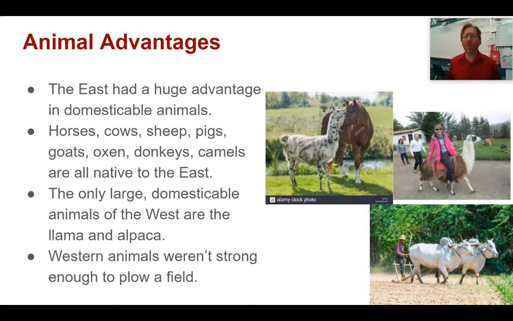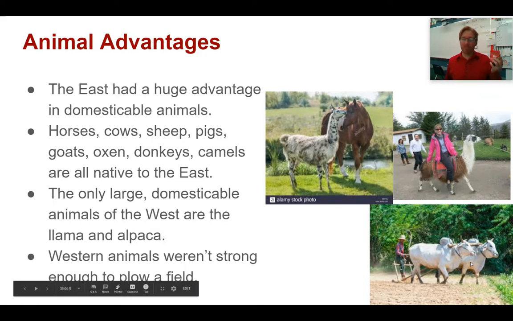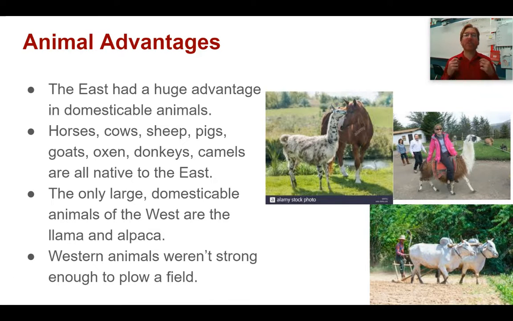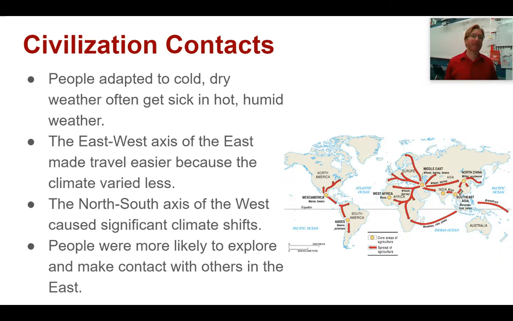But more important than warfare is really how animals are harnessed and put to work. Because in the East, these large oxen and whatnot can be hitched to plows. And those plows can do the work of multiple people in preparing the fields to get food in for your population. So these are huge advantages that the East had that the West really lacked.